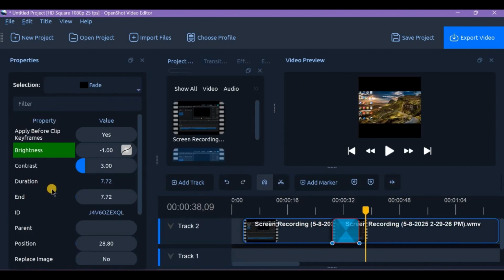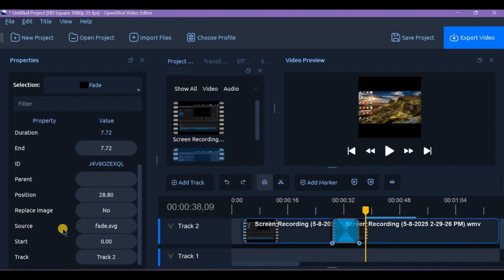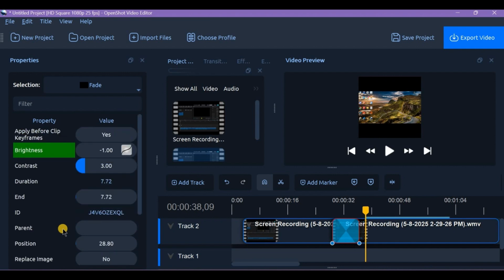Want a modern themed transition or something stylish? OpenShot lets you import custom transition images or animations using the title editor or by overlaying images with effects. You can also change the direction, duration, and softness of transitions in the Properties panel. Don't forget, you can find more transitions by going to Transitions in the toolbar and dragging your favorite onto the